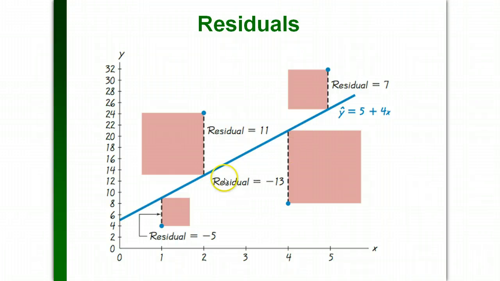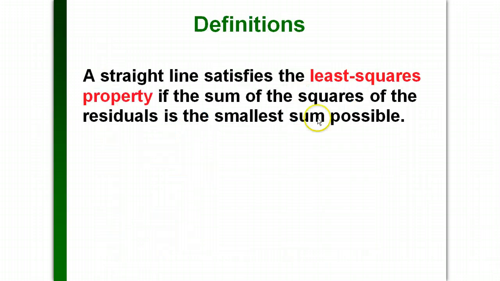Now, we could put a million bajillion lines in here. We could put a line that goes through like this, a line that goes through like that, a line that touches this one and touches this one, so it just goes through like that. There are all these lines that we could put through here. There's an infinite number of lines that we could put through the data. But what we call the least squares